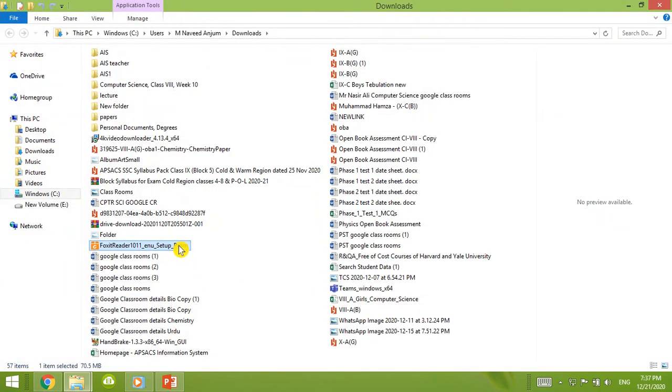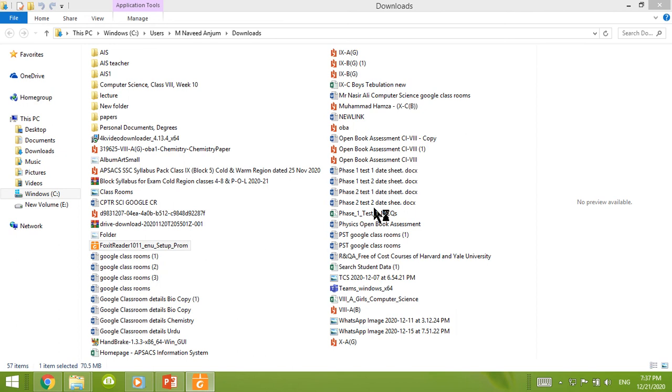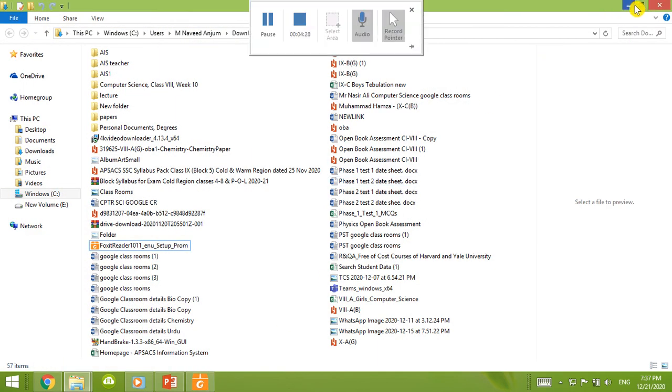Here the download file is here, so I will install it. You will double click it simply and click yes. The installation of the software is very easy. It will take around 2 to 3 minutes to install the software.